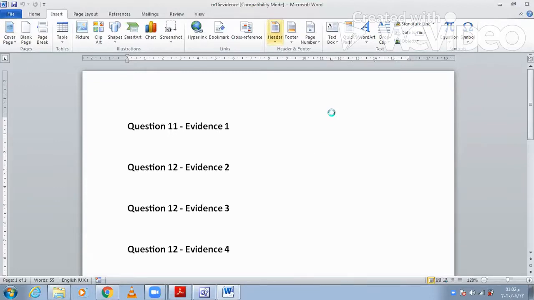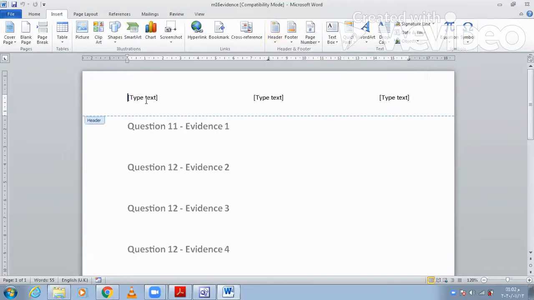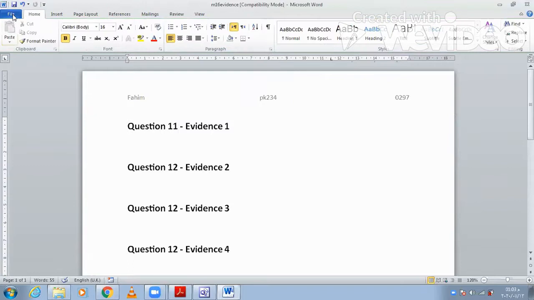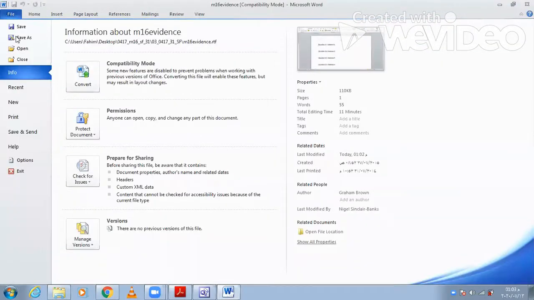I'm going to select here blank 3 columns and then enter my name, then my center number, and then my candidate number. Then just click on close the header and save your document as